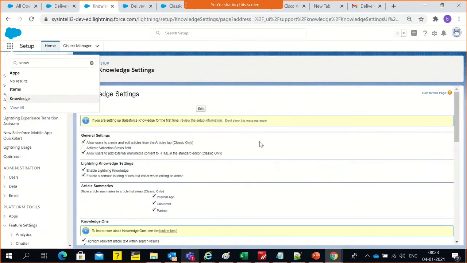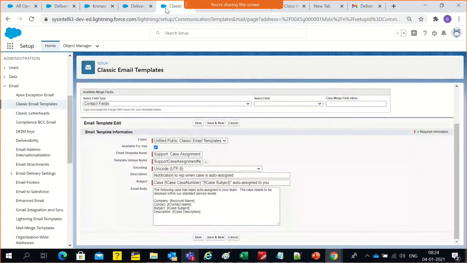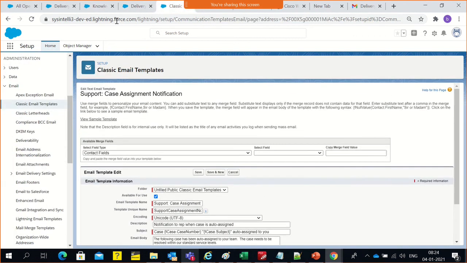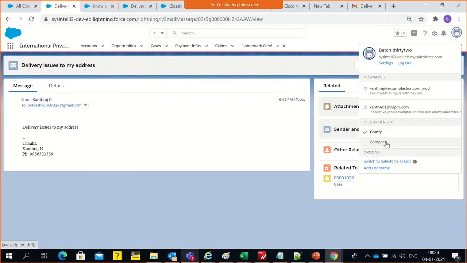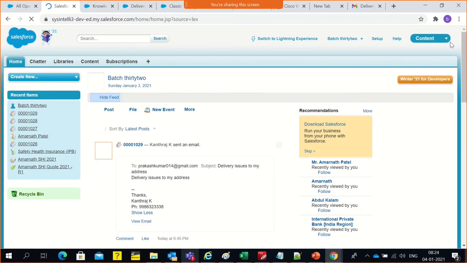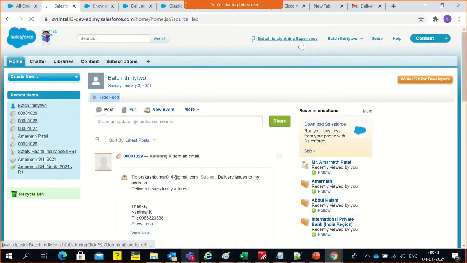If you see anywhere, everywhere, they would have put classic, classic, classic. But today, in trends, people are using the settings and configurations and Lightning view. So let me quickly jump to the classic view and see how it works. So this is classic mode. If you click on the system and then choose Lightning Classic,